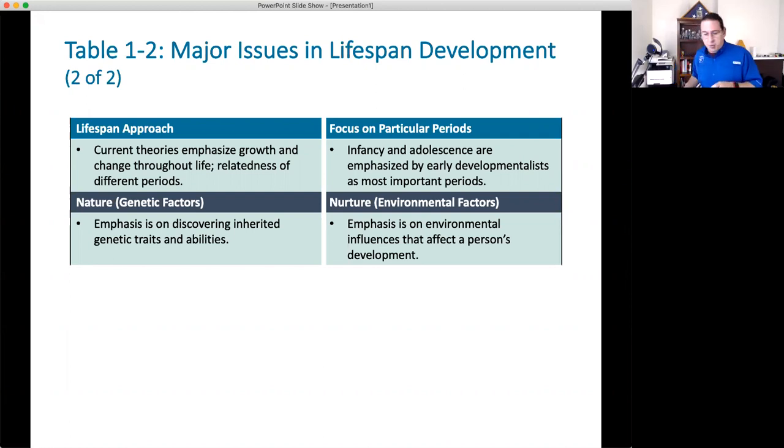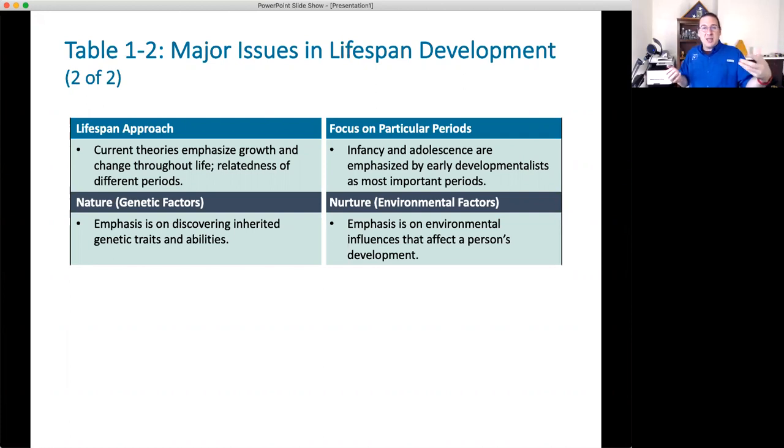My last, I think it's my last point for today, is the old argument of nature versus nurture. Now, many of you have probably heard of this. It certainly has been an age-old question as to what happens when we have two people that are very similar, like monozygotic twins, identical twins. We can have them grow up and have the exact same genetic code that they got from their parents, but they have separate, different environments that they grew up in. What similarities are we going to see? What differences are we going to see?